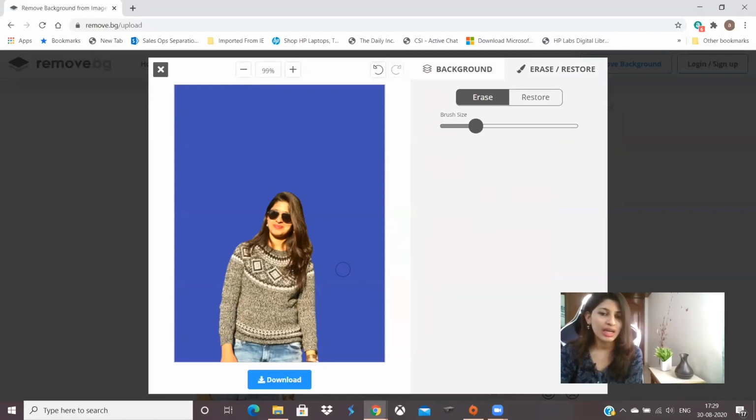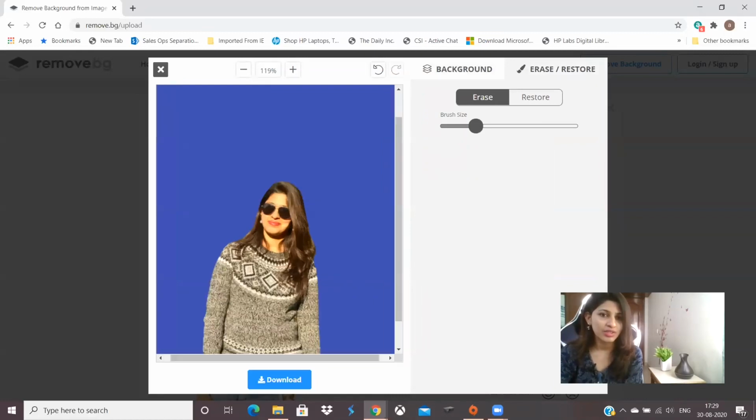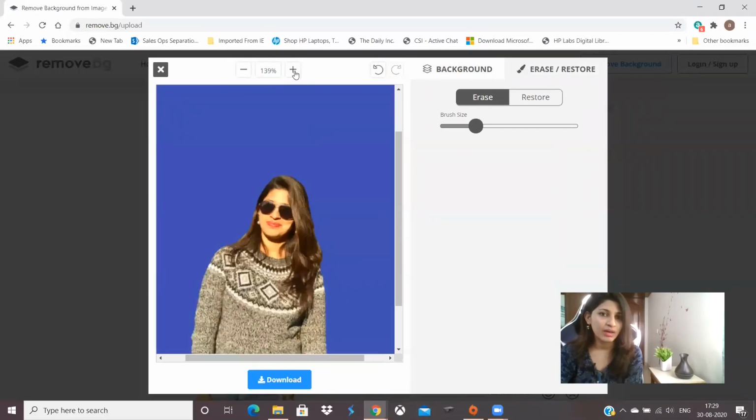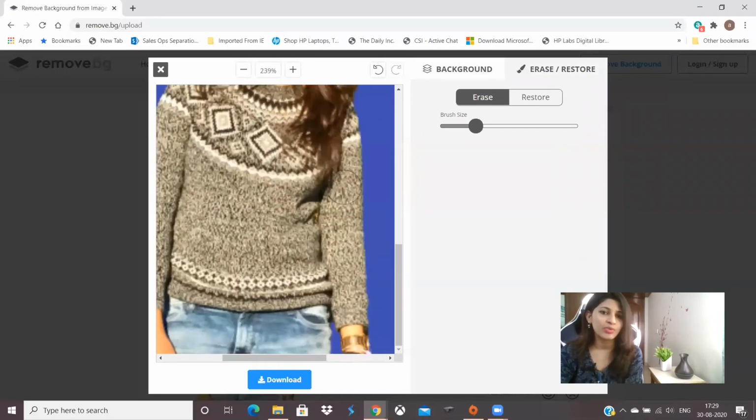Imagine that there was some issue in removing the background, right? I can still erase it in case there were any extras, or imagine if something was removed that shouldn't have been, then I can restore those as well, right?